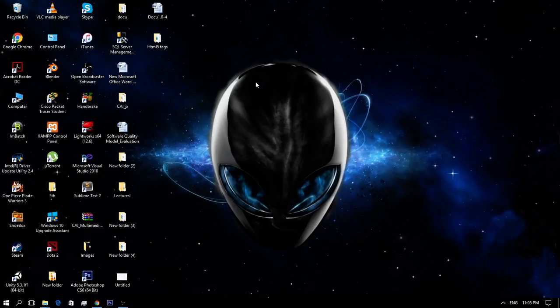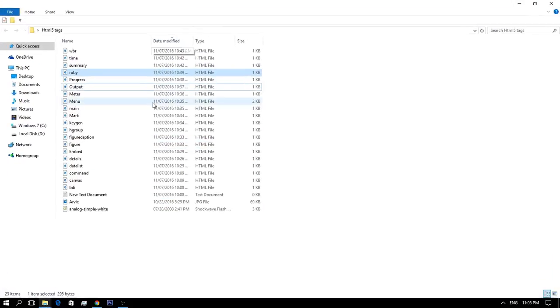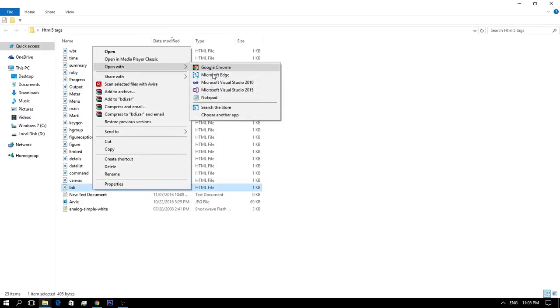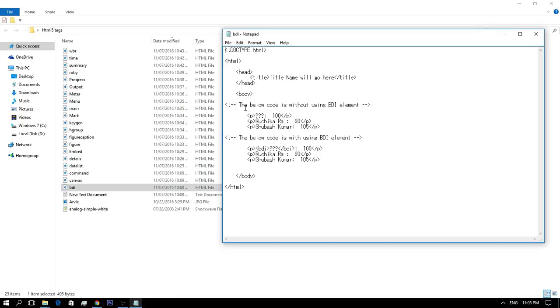So the confusion can be cleared about the BDI element in the example. I have the example here already created. So these are the BDI tags. I have the syntax here.